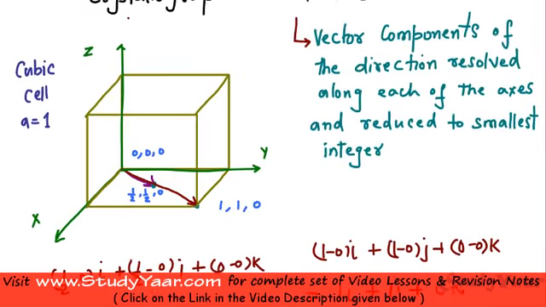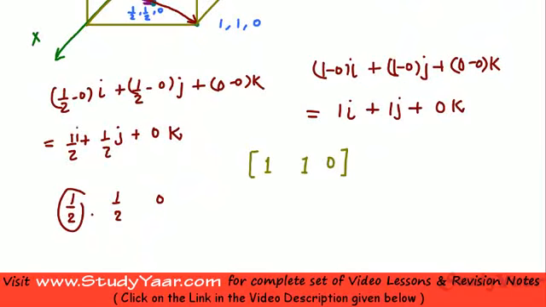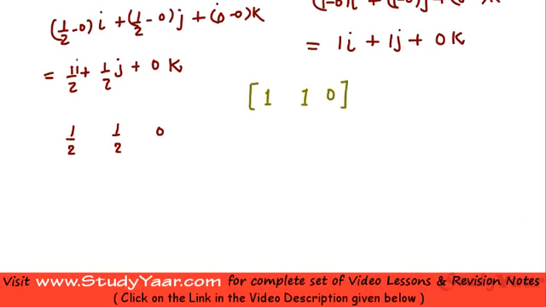Now my definition tells me that the vector components of the direction resolved along the crystallographic axes are reduced to the smallest integers. Half is not an integer, it is a fraction, and so is this half. So we have to reduce these three numbers to the smallest integers. What we are going to do is multiply all of them